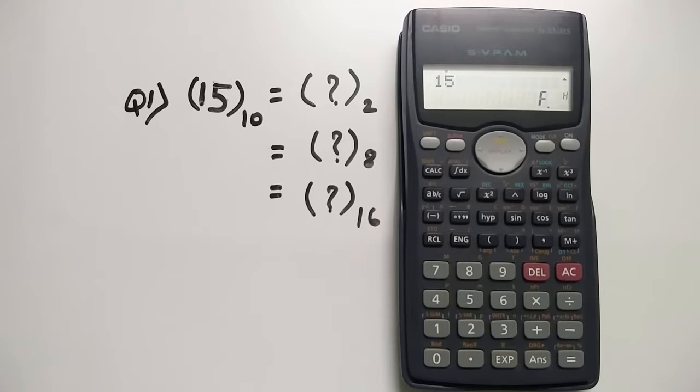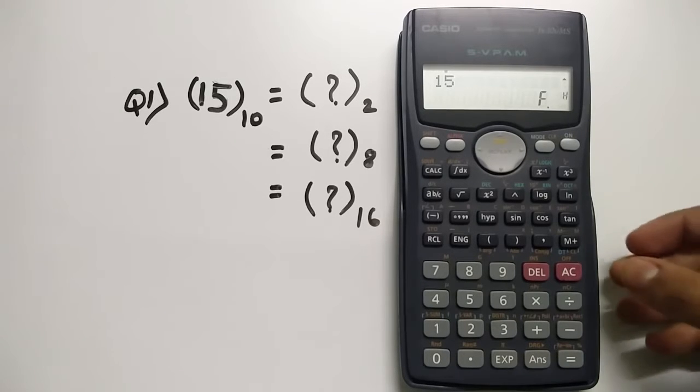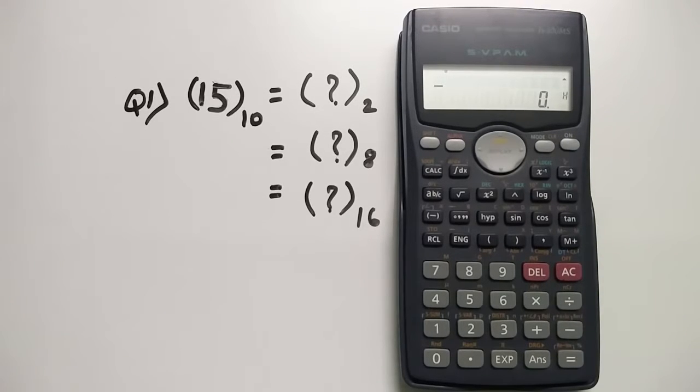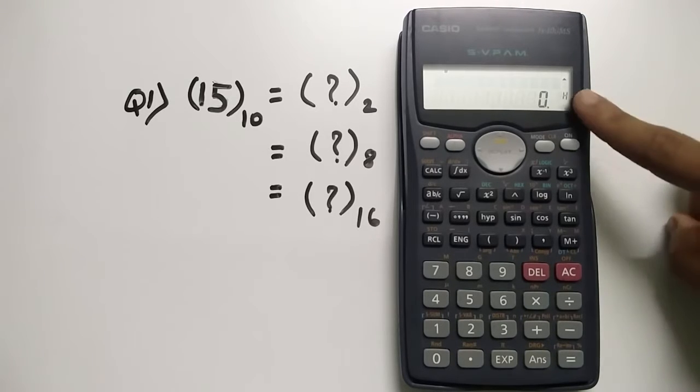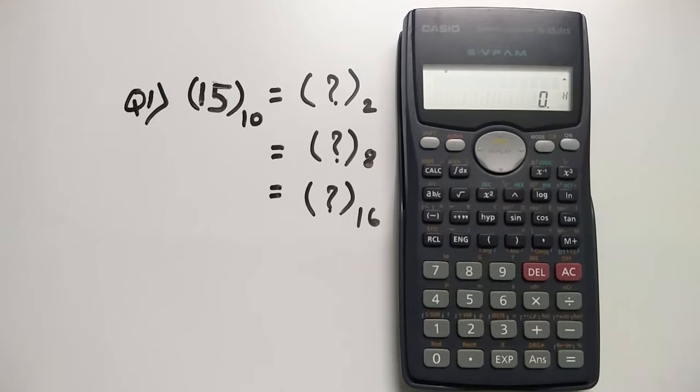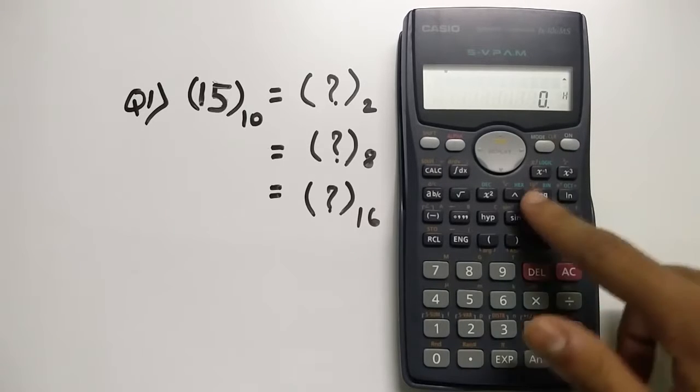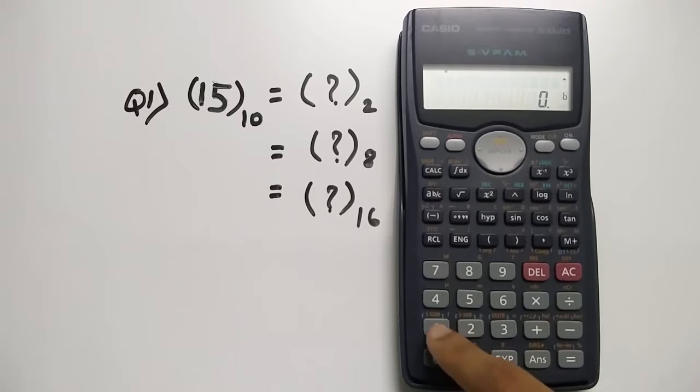Now similarly if you want to convert any other number system value, for example you want to convert a binary number to decimal, you can do that as well. I'll just show it quickly. I just have to change the base and currently it is hexadecimal as you can see over here. So I'll change it to binary first, then I'll type in the number. I'll type in 1111 in order to cross check. I'll press equal to first,